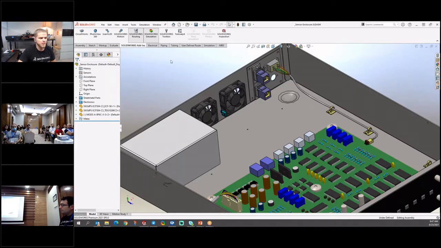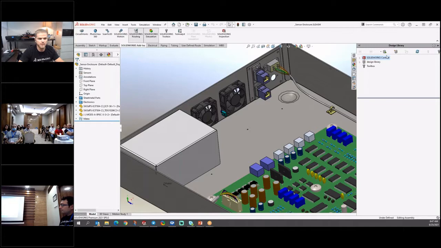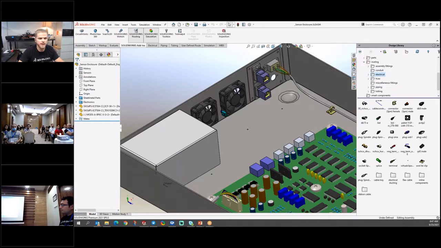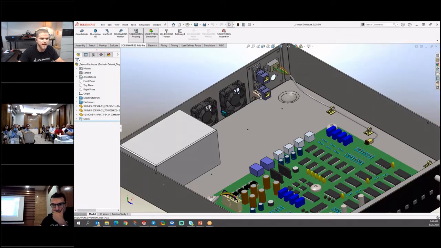So you shouldn't have to model it over and over again or create it with routing. But what does routing do even just by itself, right? Let's look at a quick example. I'll go to my design library here. We'll go to routing, we'll go to electrical routing. And in electrical routing, if I start with one of these components, I see this library of existing components in here. And the component we're looking for is this RJ45 connector, which is essentially like an Ethernet connector, right? If you've ever used an Ethernet cable.